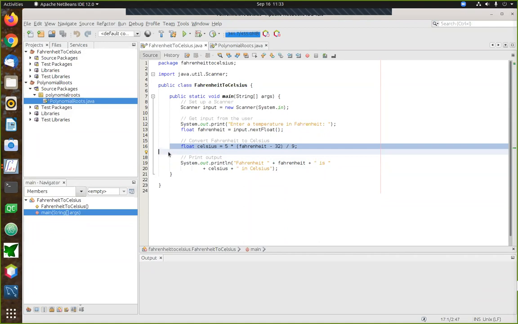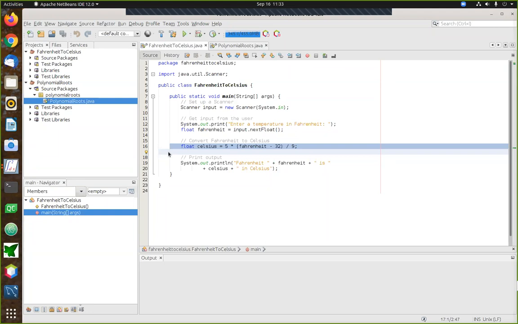It has some way to get input from the user. It has some way to do a calculation by doing some simple arithmetic, and then it has some way to produce output. Now when we operate in this mode, the program that we write is really nothing more than a glorified calculator. And of course, what this program is capable of doing is essentially the same that you would be able to do yourself if you had access to a calculator to do the arithmetic for you.